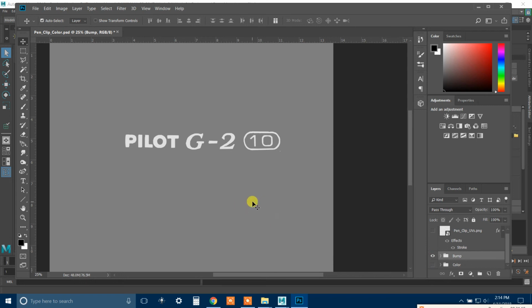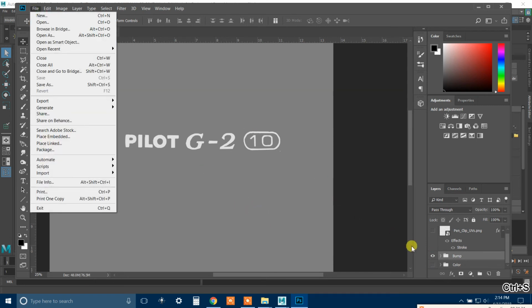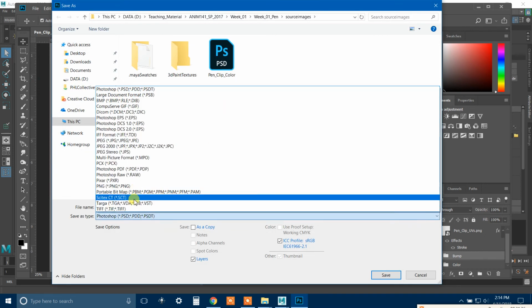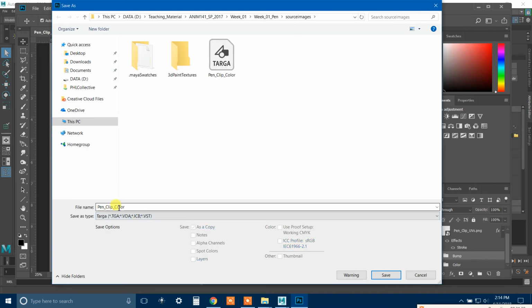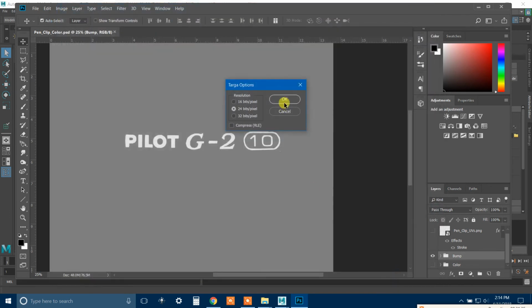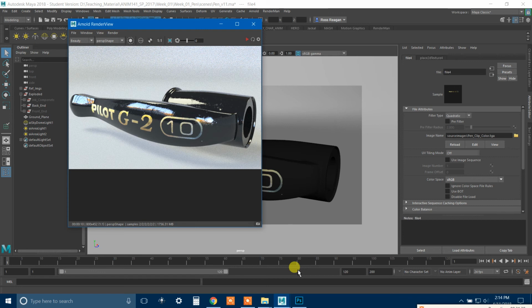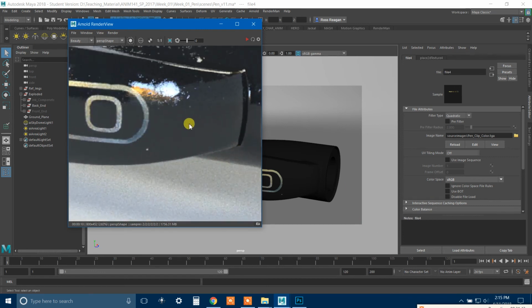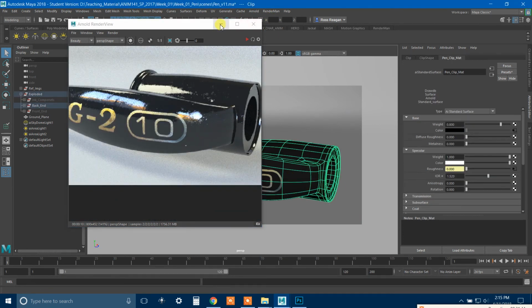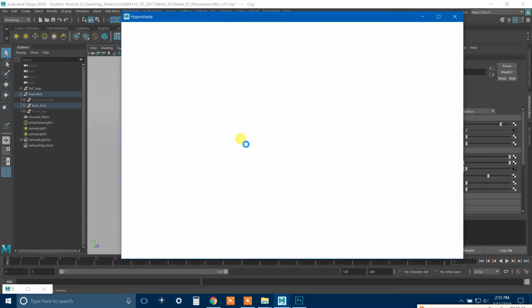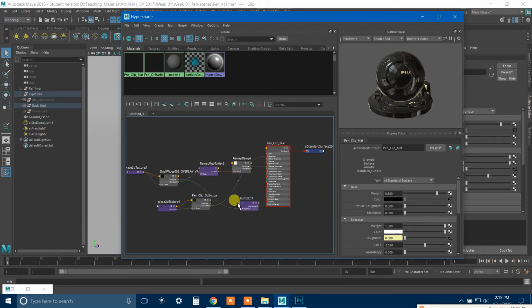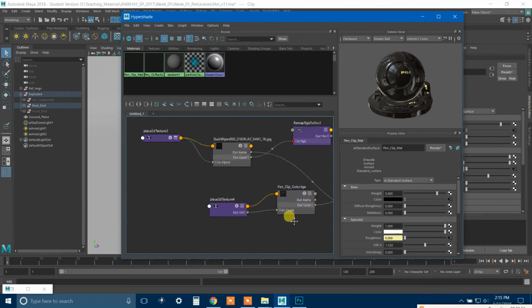And now I can save my Photoshop document. I can save this as pen clip bump. Now I already have a bump map on my shader from earlier when I put in the grungy texture. But